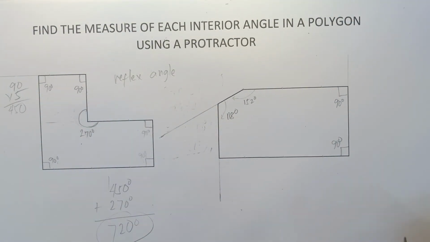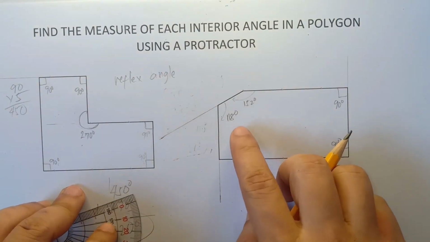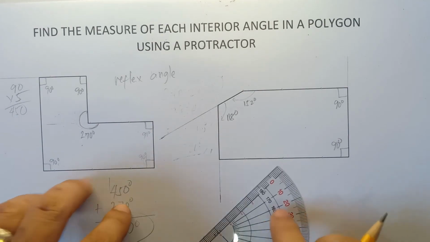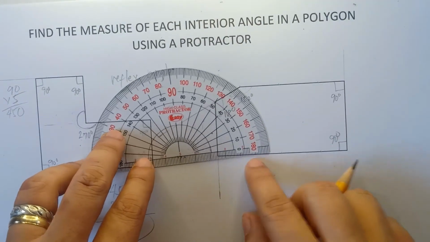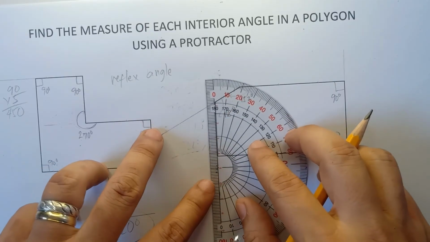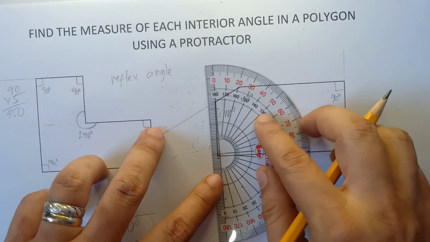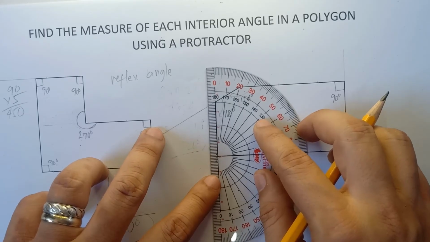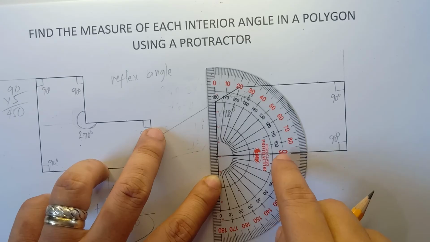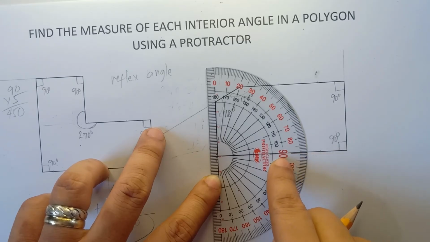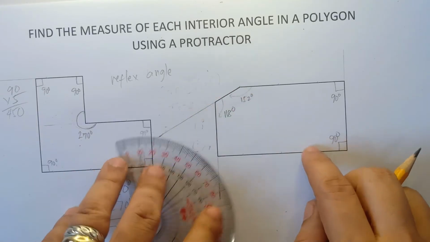If you extend the line, you have a better angle measure with regards to these interior angles. And then last one, class, this one right here. So you align 0 in this particular line, and this will be the center part of our protractor. And we will have another 90 degrees, class. Exactly 90 degrees, class. As you can see, we will have exactly 90 degrees.